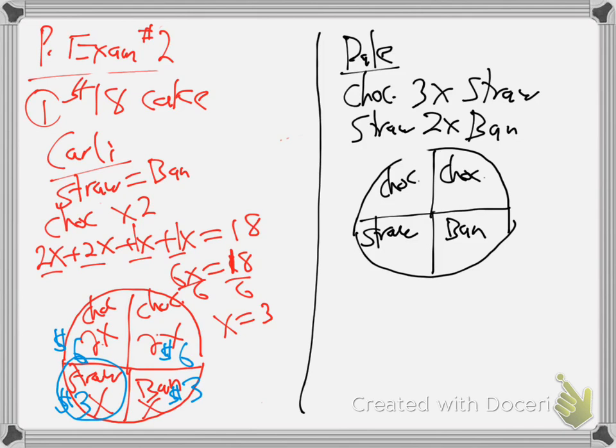Now, let me give you this hint. Start with the lowest valued one in Dale's eyes and work your way up from there. That's X. Do you know what I mean? Which one does Dale value least? What's his least favorite flavor? Banana. Start with banana and pop an X in there. Banana is X, and then build it up from there.